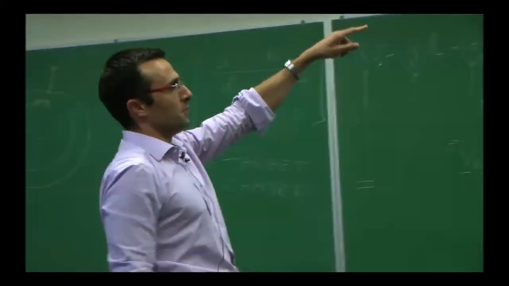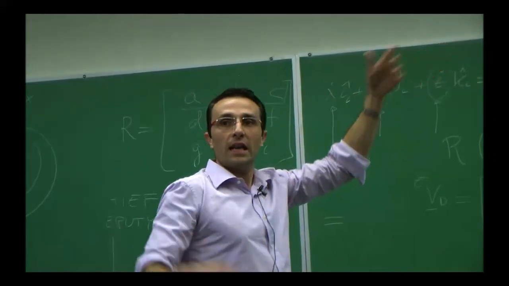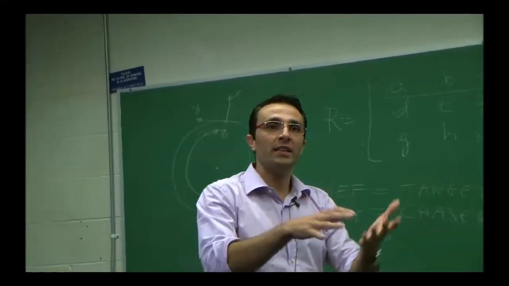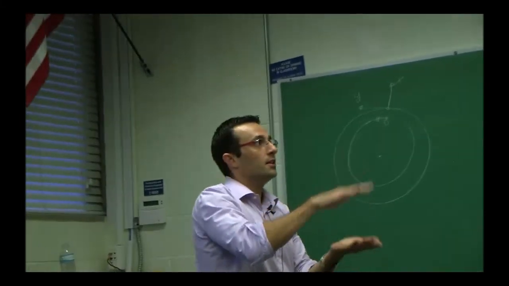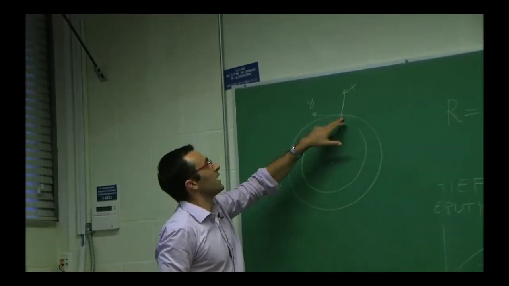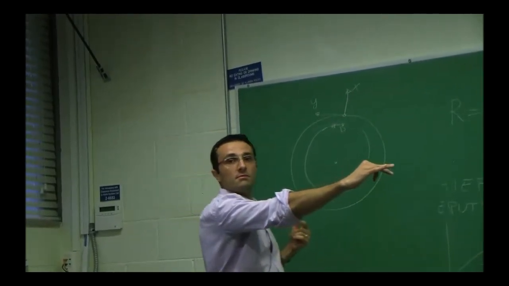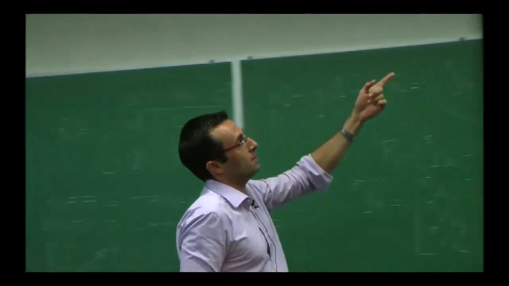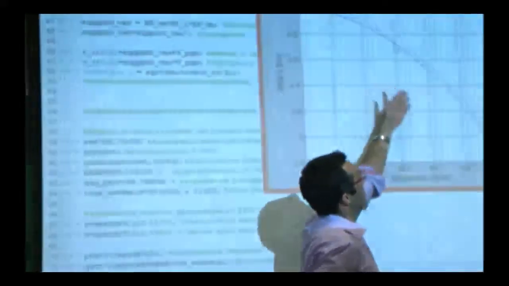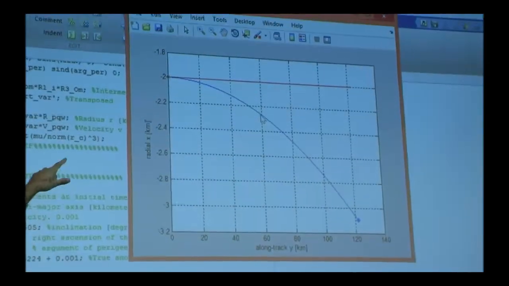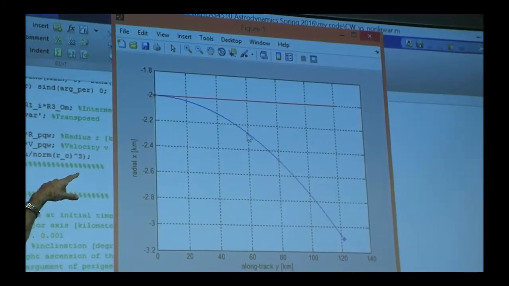I should probably use that time step. That's okay. Top one. What did I say? The red was Clohessy-Wiltshire, right? That's exactly linearization. You take something that is curved and you make it linear. From the point of view of the linearized equations, this object is just going straight. But that's not true, because this is really what it's doing. And so you see that in this case, the linearization is really terrible, because the real trajectory is actually going down pretty quickly.